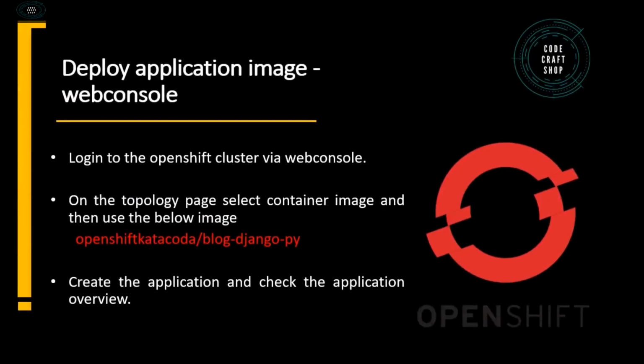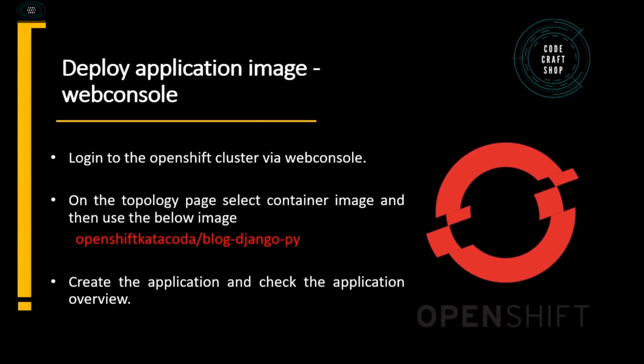So, deploying an application using an image. An image is basically a container image, and the images are hosted on Docker Hub. So we will use an existing image and, using that image, we will deploy our application using the web console in the OpenShift cluster. In order to do that, first of all we need to log into the web console, and then on the topology page we have to select the container images, which I will show you in the demo, and the portion highlighted in red is the container image that we will deploy.